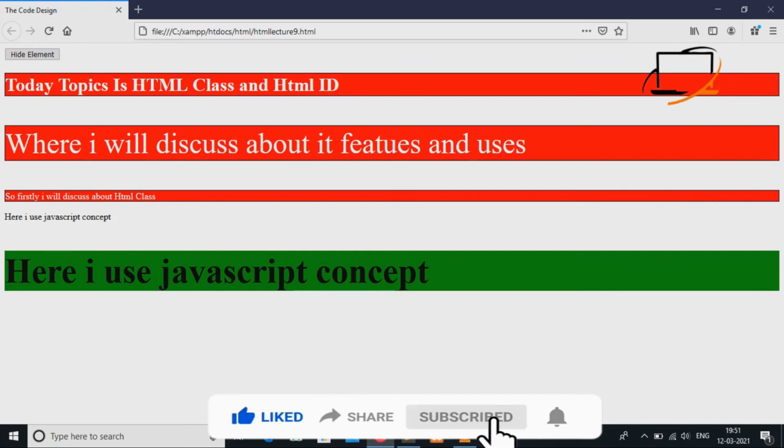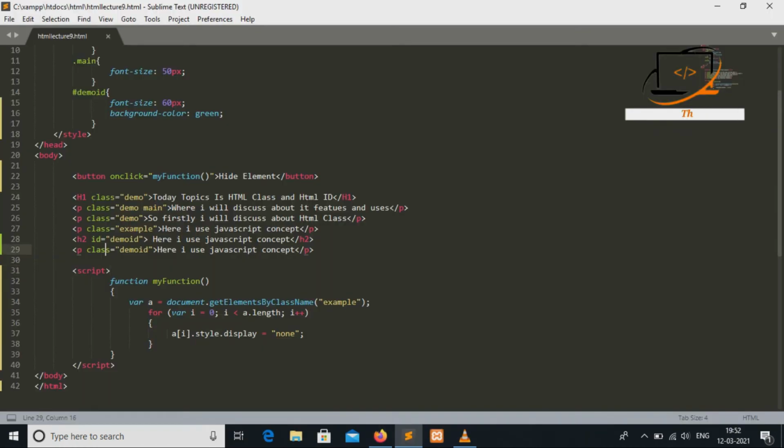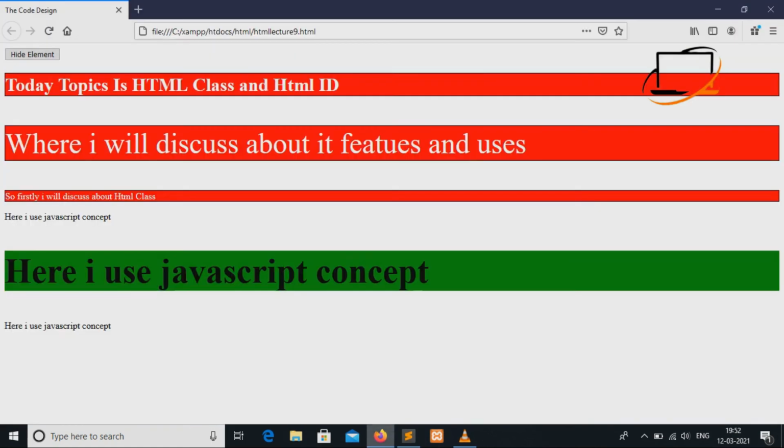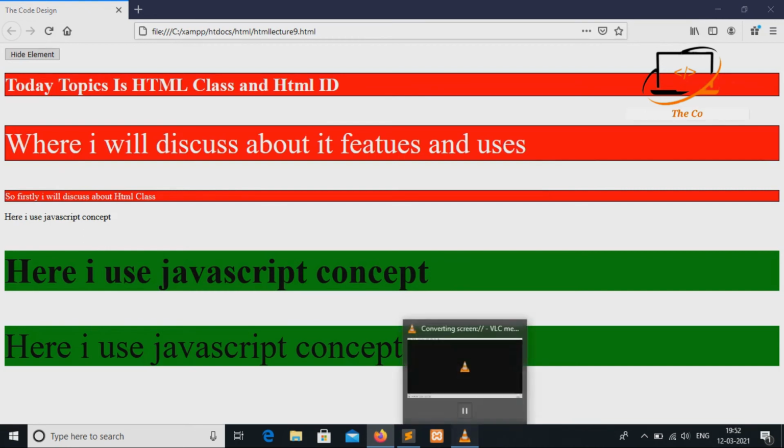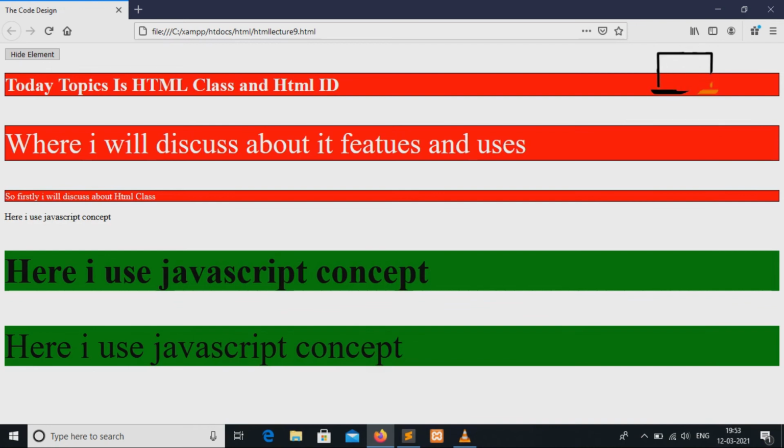So here first refresh this page. Here the content of the ID should be displayed in a specific region. Basically ID uniquely identifies the HTML element. Here the ID attribute is also displayed. Here for displaying we use both paragraph and heading with the ID in CSS, but in HTML IDs are used to uniquely identify the HTML element. The ID attribute is used to point to a specific style declaration in a style sheet.